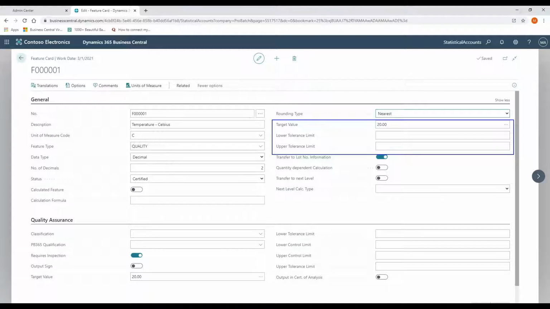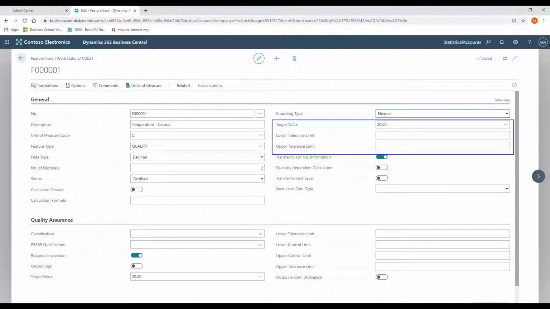So if a measurement that I take is outside of my upper or lower tolerance, maybe just outside of one of them, I could then say that that lot goes into a quarantine area, or it goes into a rework area, or maybe it's scrapped because it's not usable if the temperature got too high or too low, et cetera. So not only am I recording a value, I can have some rules based on the measurement that is returned